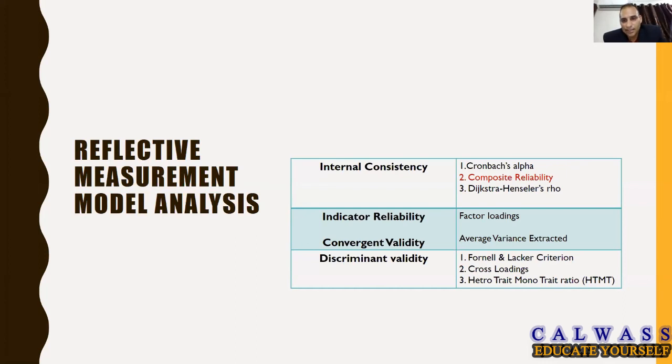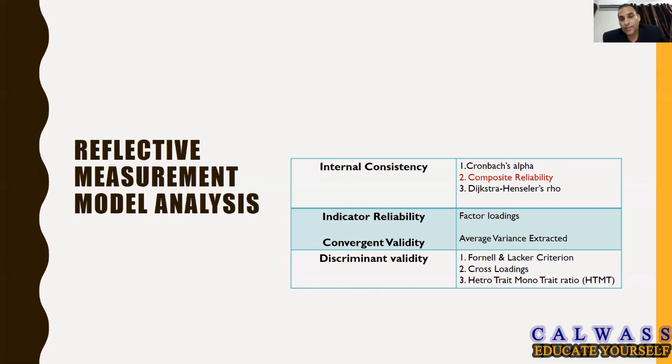The next is indicator reliability. We'll see factor loadings. And for convergent validity, we see average variance extracted, which we also call AVE. For discriminant validity, we have three options: Fornell-Larcker, cross-loading, and HTMT, the heterotrait-monotrait ratio. The latest literature says that we should check discriminant validity through HTMT. Fornell-Larcker and cross-loading have been criticized as well. There's a paper, Henseler 2015, which has proved that the first two techniques are not good enough to